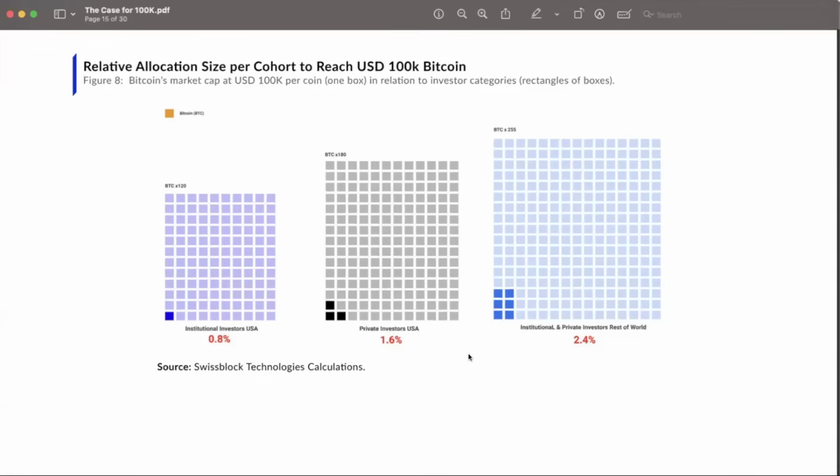Now we're in the treasury cycle. So we went from the speculator to the private individual, the retail. We went to the early funds and family offices. That was the last cycle. Now we're in the treasury cycle. So basically corporate entities that come in, and the early innings of nation states through sovereign wealth funds. And it's going to end, whatever the next cycle is going to be, into 2030, 2035, with nation states and actual massive, large investment vehicles through sovereign wealth funds, etc.